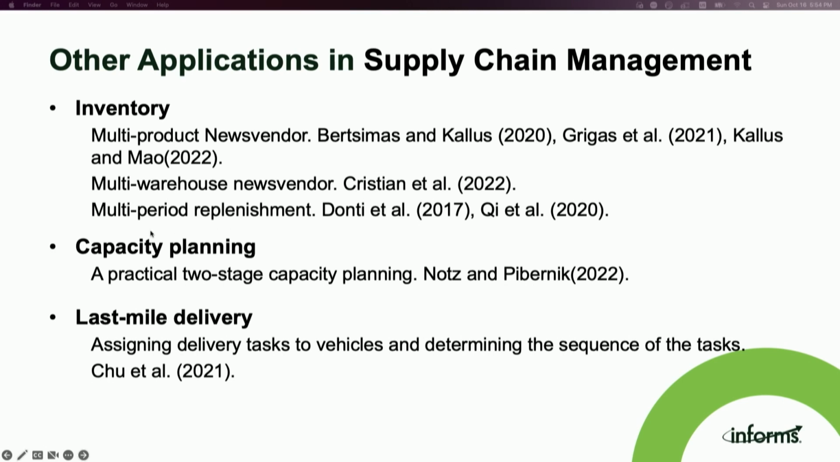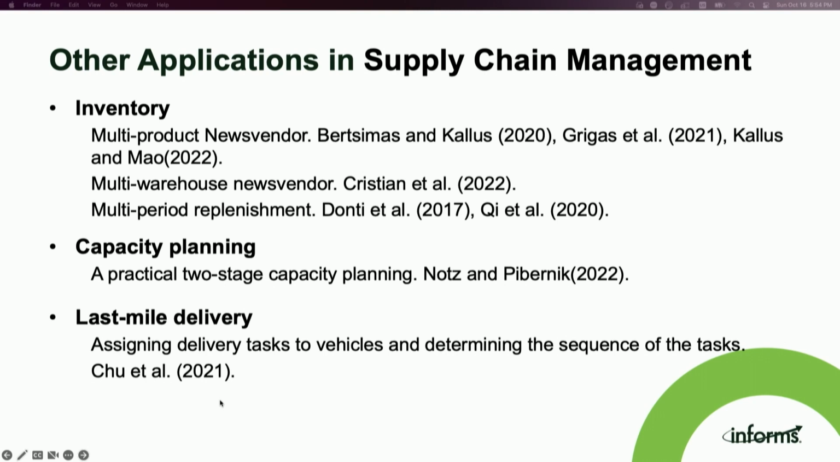and there is also multi-period replenishment, which is considered by our work and the other work of Dante et al. The capacity planning problem is also another use case of the integrated prediction and optimization methods in supply chain management. In one recent paper, the authors consider a practical two-stage capacity planning problem. And also in another paper that was posted last year,